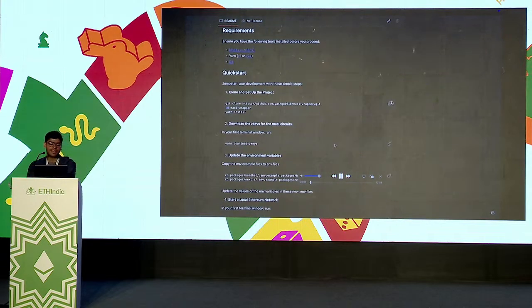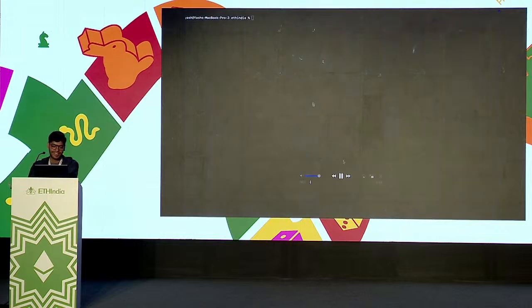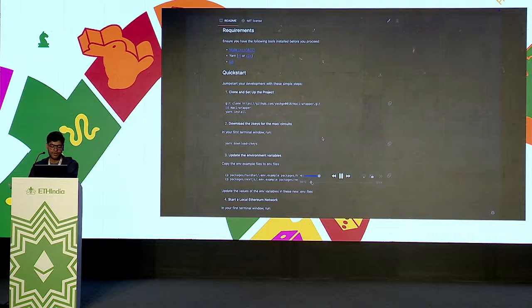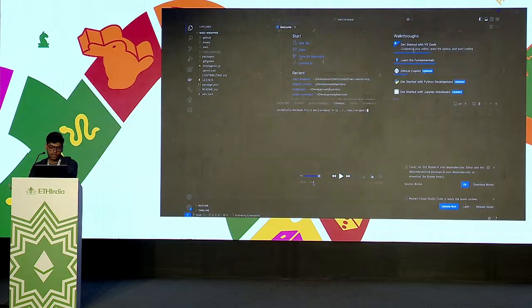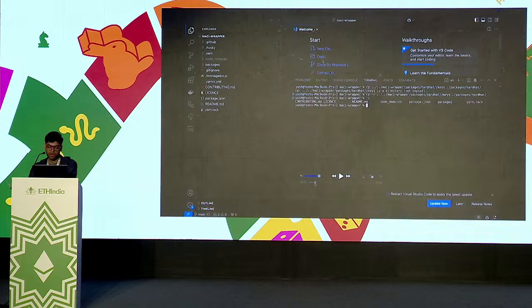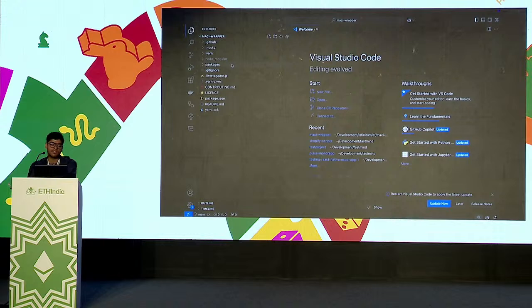Basically, you first need to clone the project, and I will add these links on the Telegram channel. Now, after you clone the project, you will need to download the Z keys. But for saving time, I'm just going to copy paste the Z keys from my computer. But once you run the yarn download Z keys command, you will be able to download the Z keys required for building this project. So I'm just copying that, and then after that, this is a Scaffold-ETH project which contains two packages.